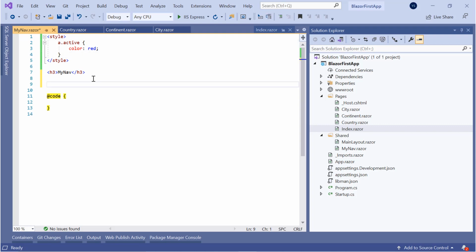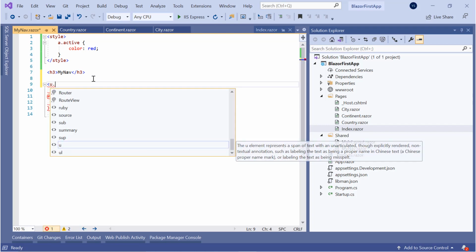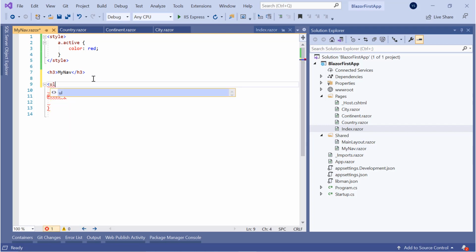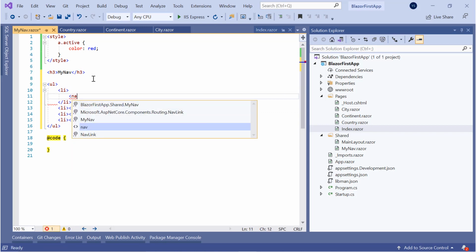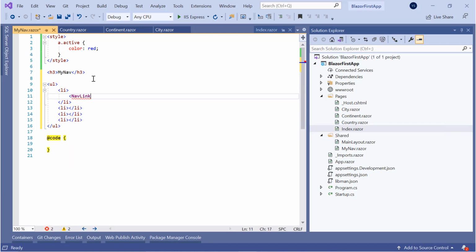So what I do is add a UL and 4 LI. These are 4 LI, and next I add NavLink to them.